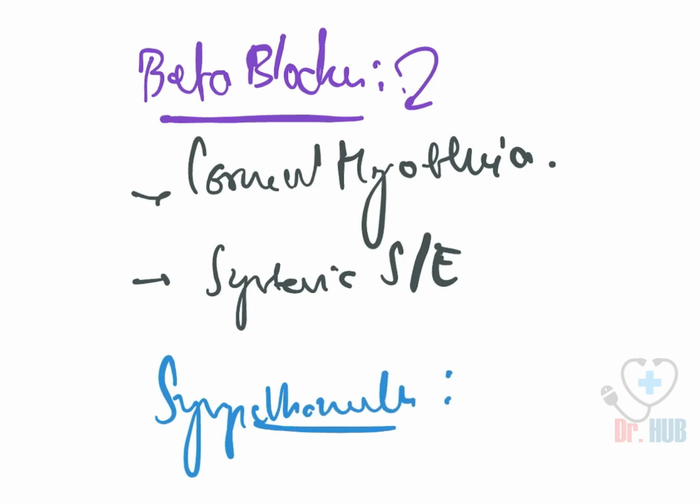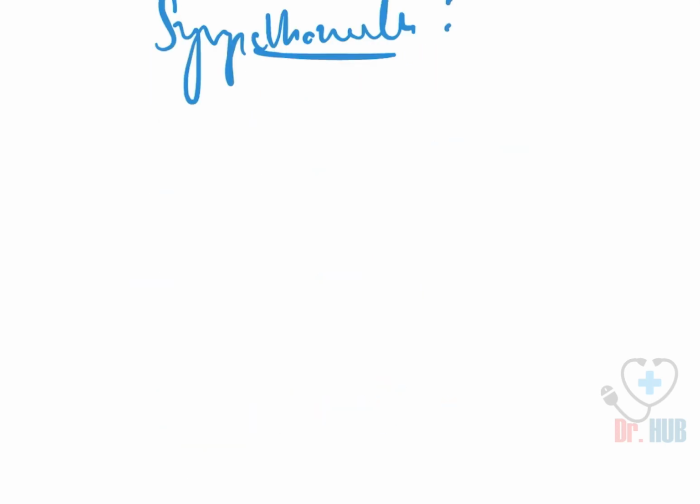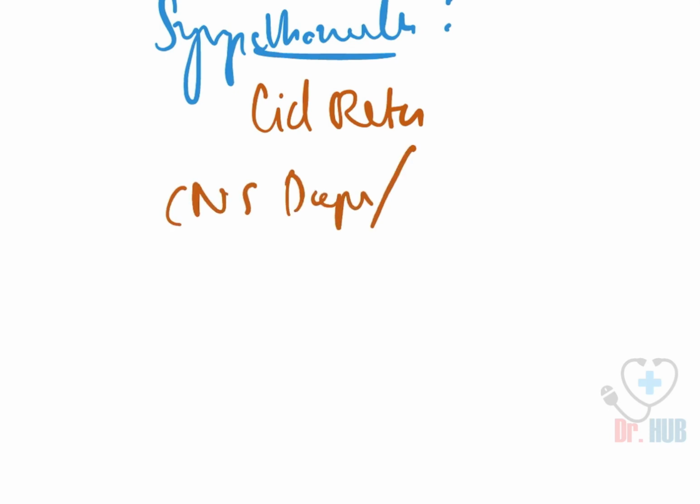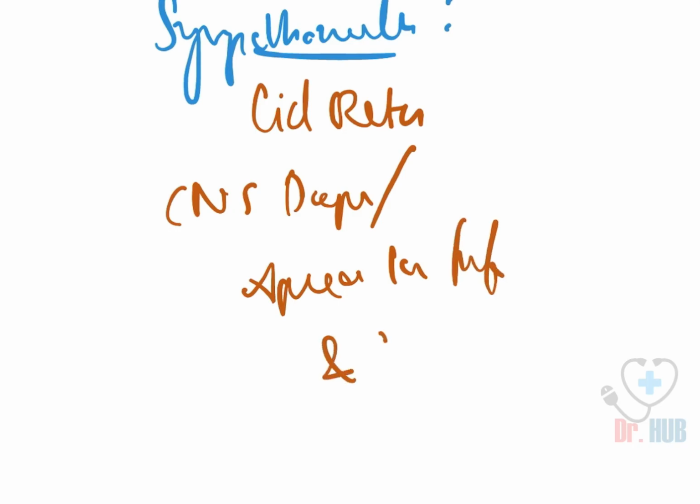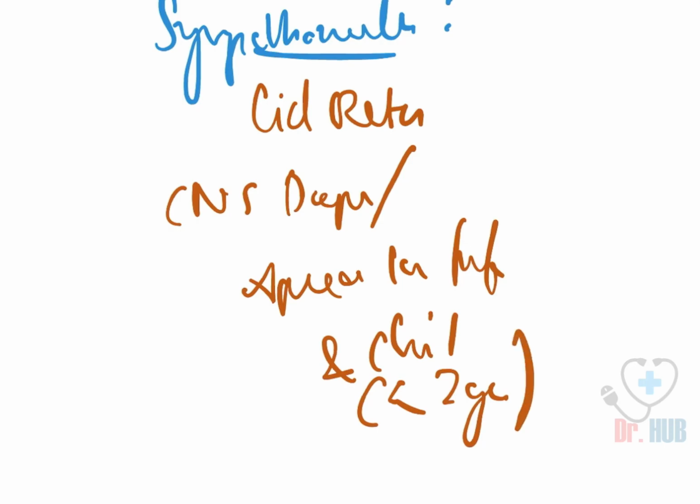sympathomimetics. In case of the sympathomimetics, it can lead to lid retraction, as well as CNS depression and apnea in infants and children. So this is less than 2 years. Next we see is the